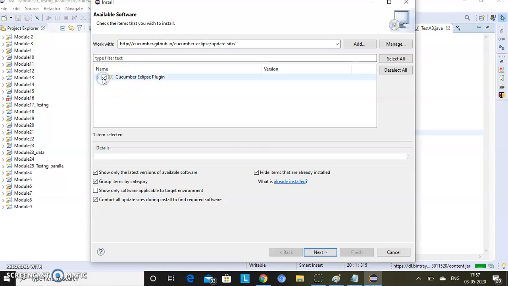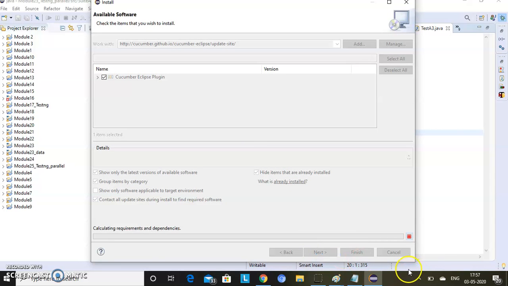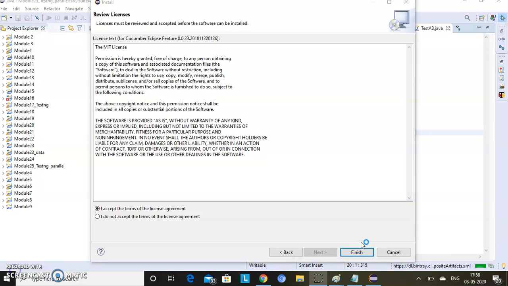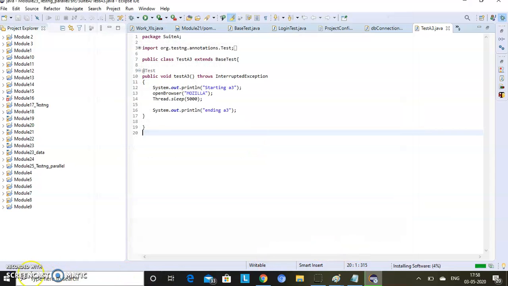Remember how we used to do it for TestNG. Click on next. See, it started working. Click on I accept the agreement, click on next, and let it install. It is installing the software.